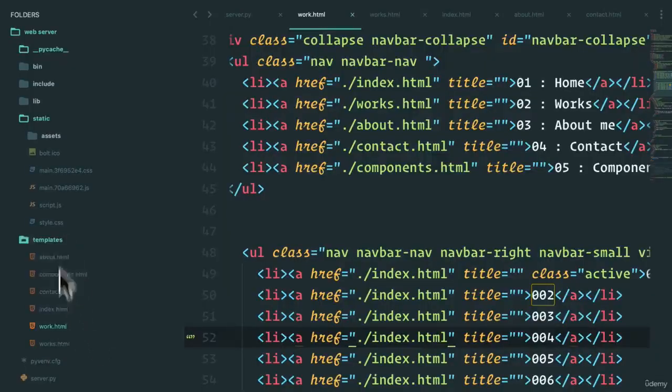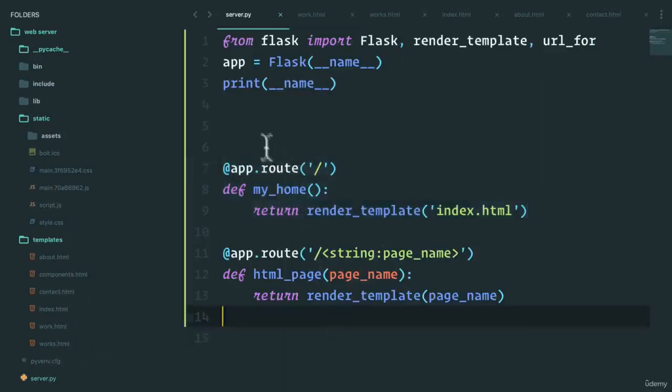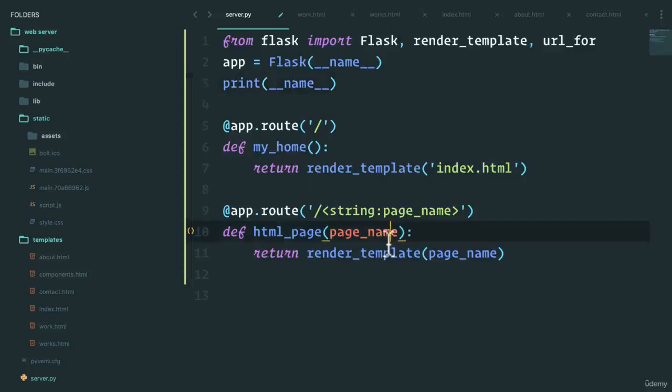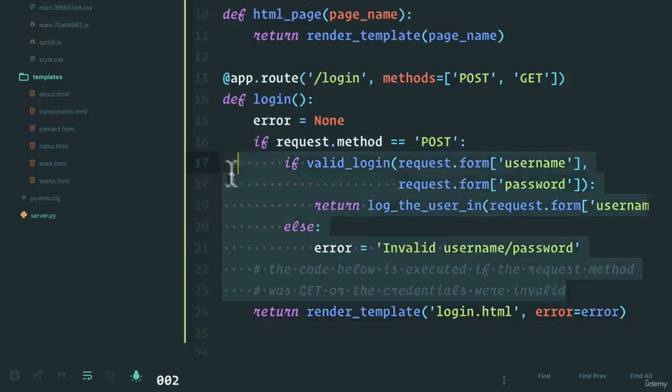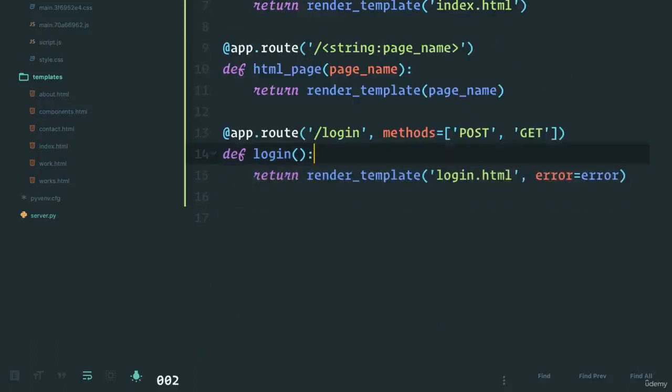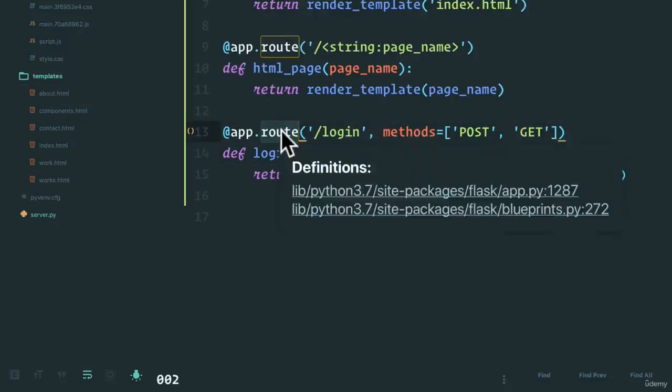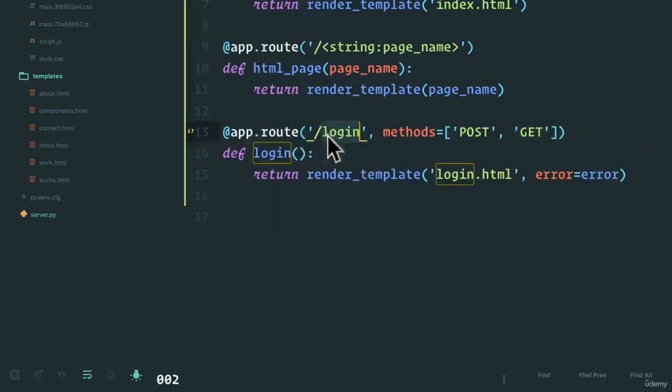Let's go to our server.py. We have our basic routes right here, and let's add another one like this. Now, the only thing I care about right now is this part right here. I want to create a new route that I'll name for now submit form. And this is something that we'll actually have to create. It's going to have